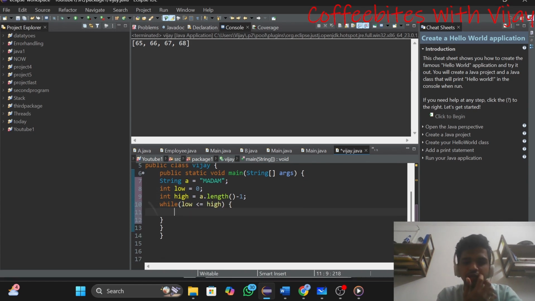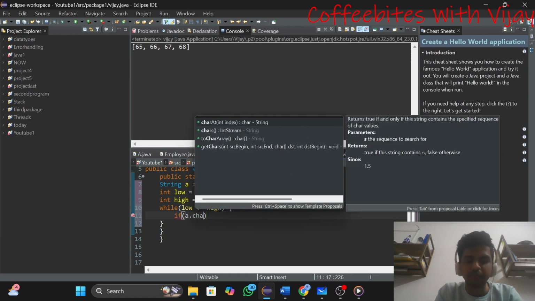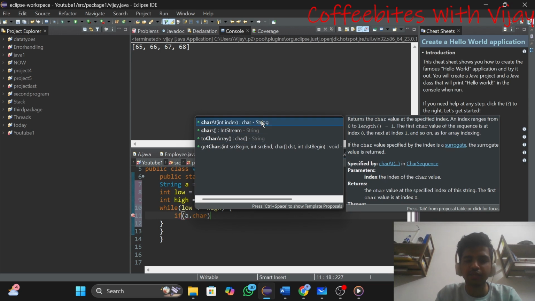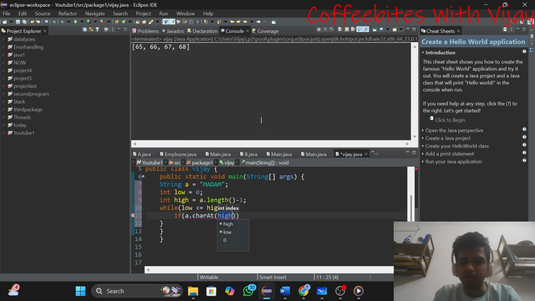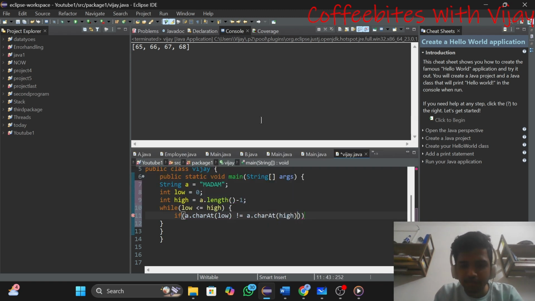Now I'll compare this. If a.charAt(low) is not equal to a.charAt(high),